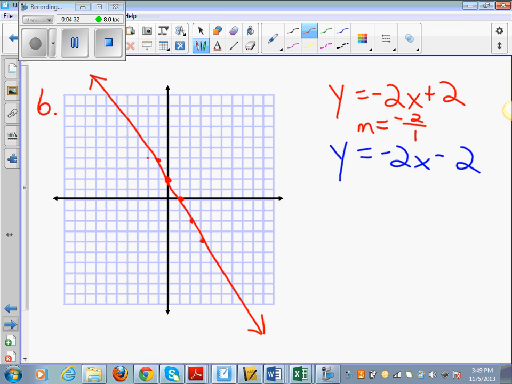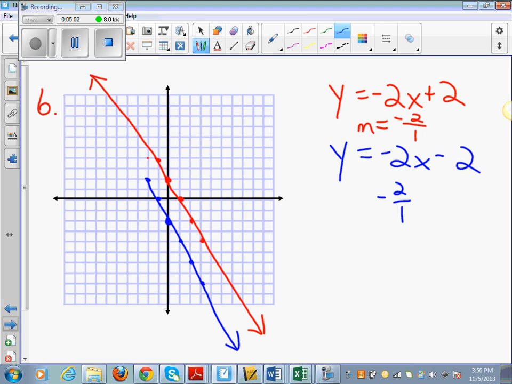All right, so for our second line, our y-intercept is -2, so we are going to go down to where y is -2 and plot our y-intercept. Our slope is -2, which again is -2/1. So we're going to go down 2 over 1, down 2 over 1, and so on. And if I can graph these well,